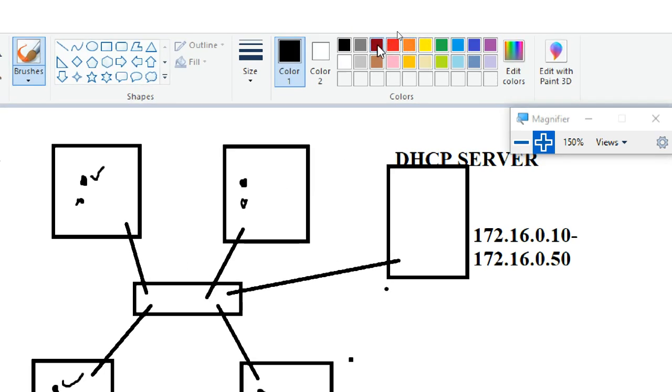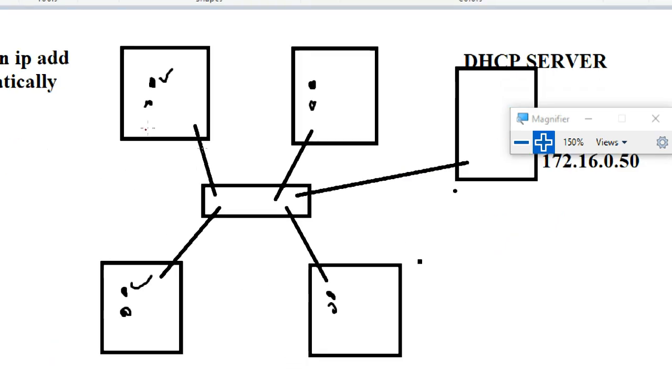These PCs. So I use a brown color here. This PC will send a request. I'm very simply telling there is a lot of broadcasting kind of stuff. So that will kill your interest and listening capabilities also. So later when we start DHCP, then I will tell all the broadcasting thing.